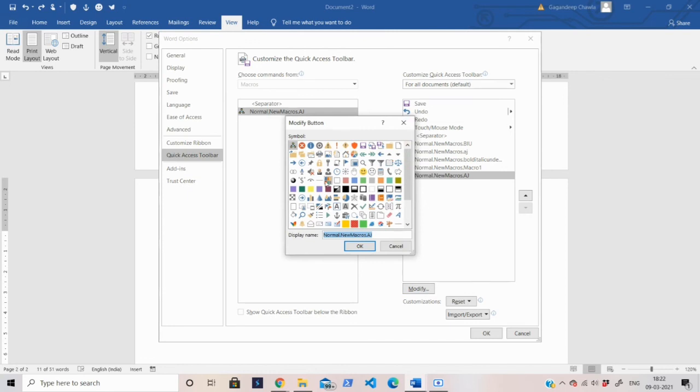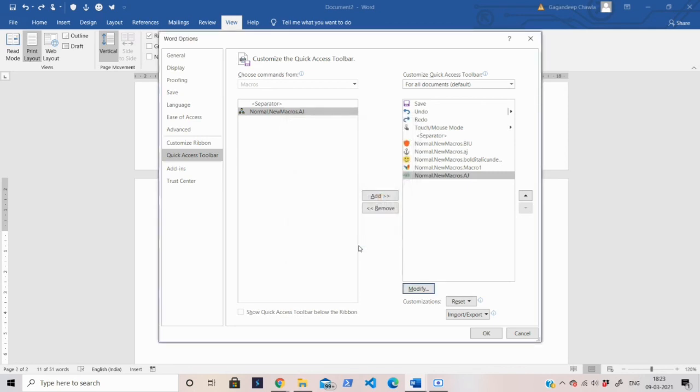When you click on Modify, a list of buttons opens, showing which kind of shape or button you want for your macro. Suppose you want this double arrow for your macro. Click on OK. It will be added into the quick access toolbar.